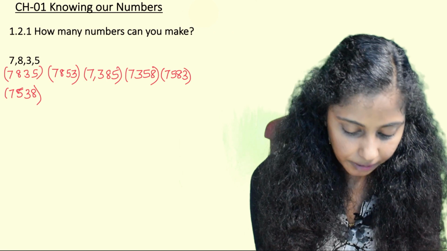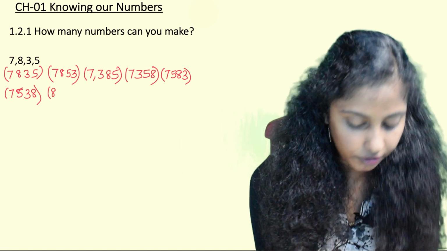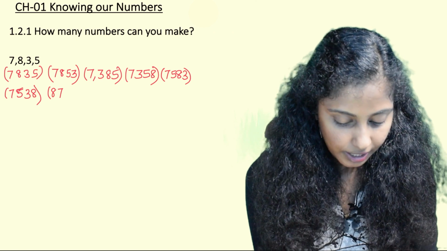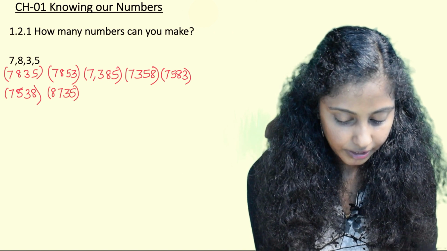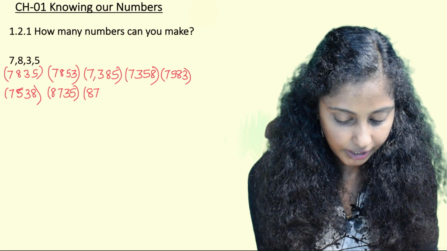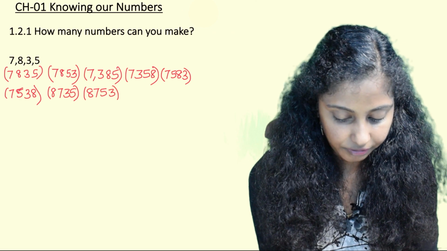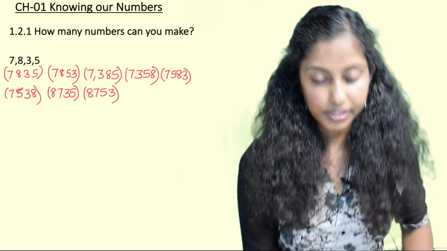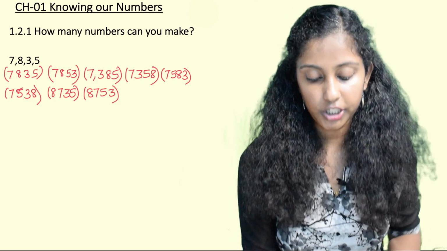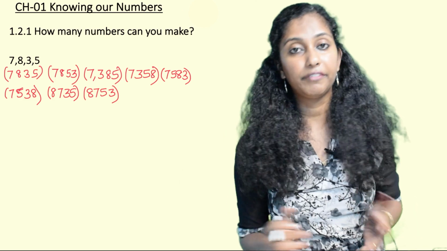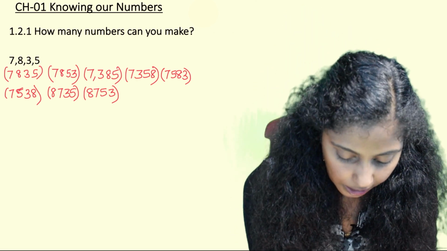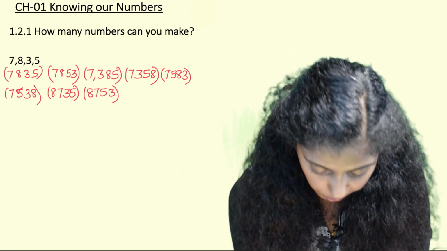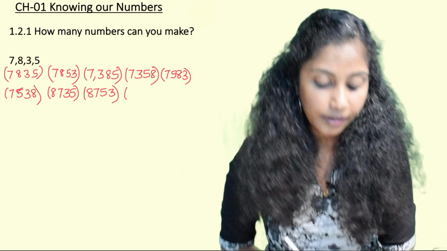Now let us do the same thing by keeping 8 in the first position, and now I am keeping 7 in the second position, and then I am writing 35. Now 8 and 7 I keep the same, and 35 I make as 53. In both the places, 8 and 7 I kept the same, only the positions of 3 and 5, 5 and 3, I changed. Okay, this is done.